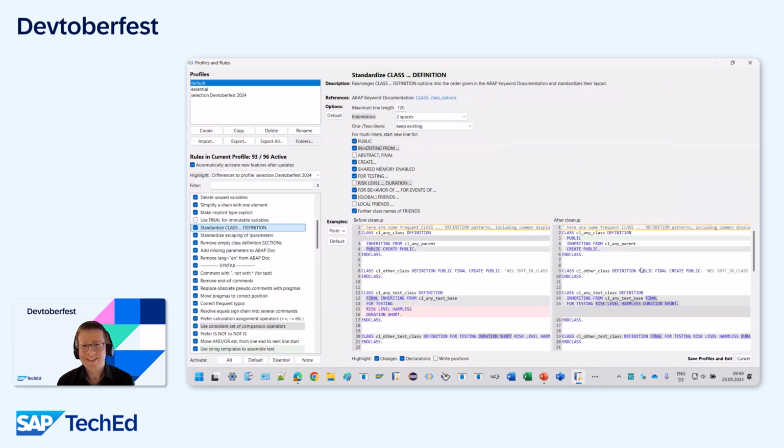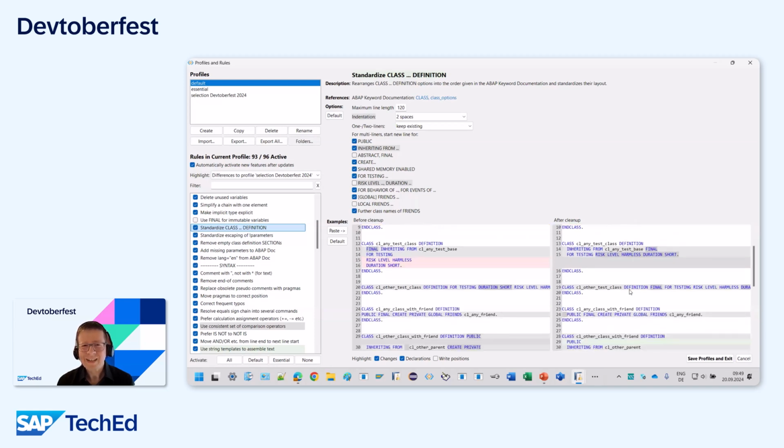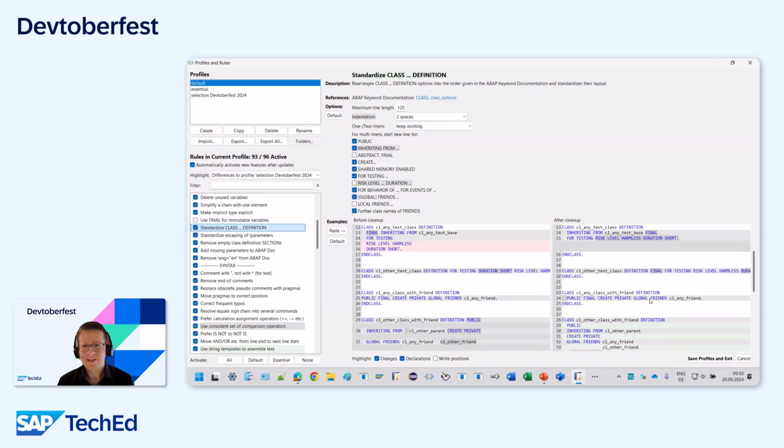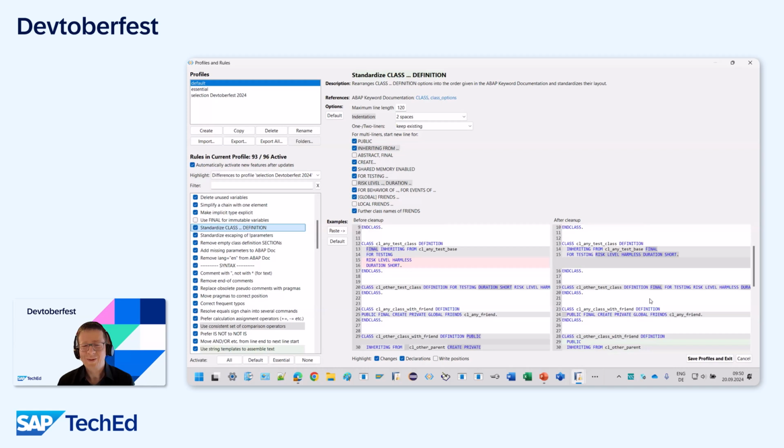Then we have a rule that standardizes the class definitions, right? So I think the most expert ABAP developers even wouldn't know what is the official order of the keywords in this, right? Do you have public definition, final, inheriting for testing? What's the correct order of that? So this rule does it for you. So all the class definitions look the same now. You can obviously say, okay, I want this indented a bit more, maybe aligned with the class name, aligned with definition. And then you can say,